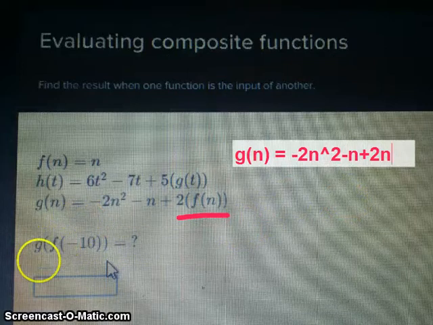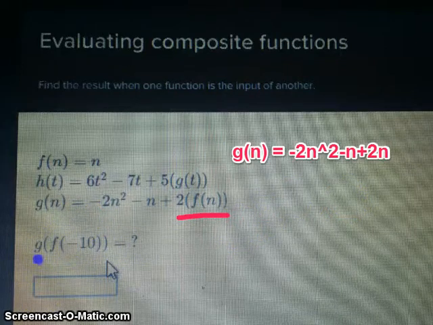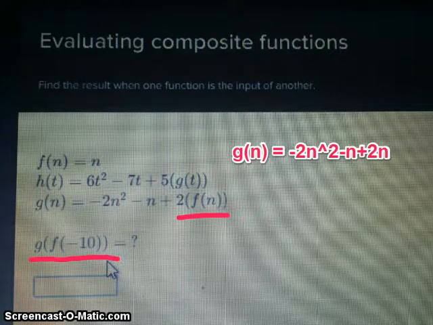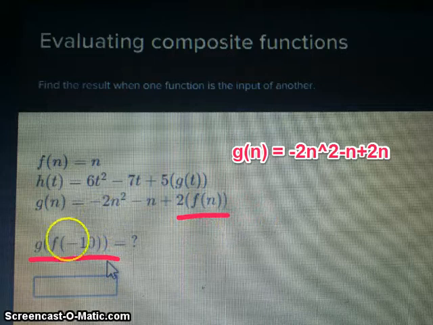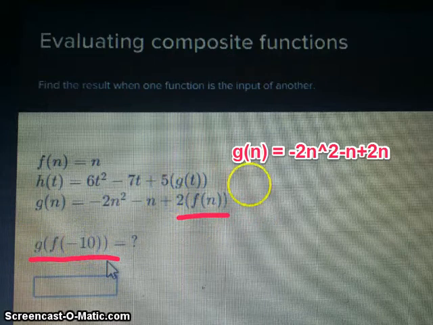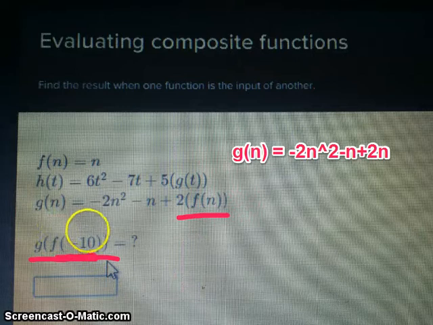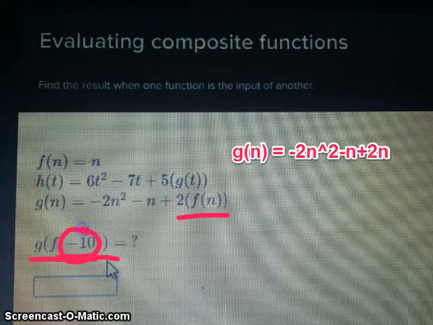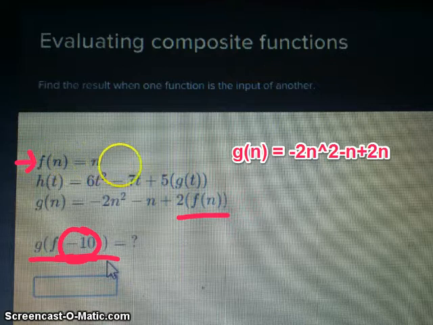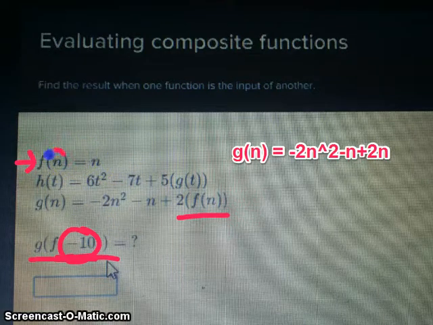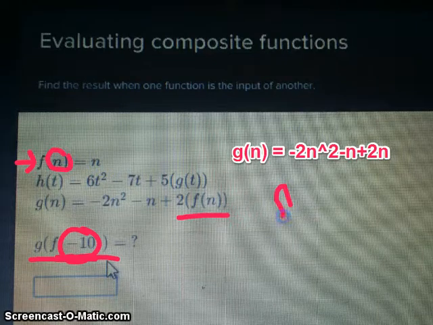Now the part that I'm sure is confusing to you is down here. It shows it wants you to evaluate the g of the f of negative 10. And that's the way that you should read these problems, is it wants to evaluate g of f of negative 10. And when you're doing these, you want to work your way inside out. So starting from the inside, you can see the inside function is to evaluate the function f for an input of negative 10. So if you go to function f right here, and you input negative 10 in place of the variable, which in this case is n, then you can see